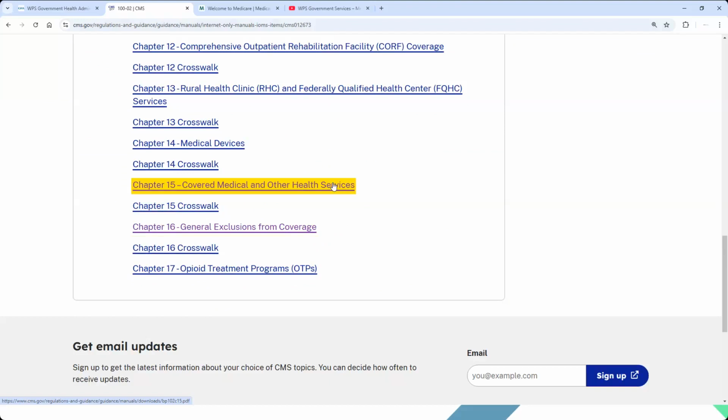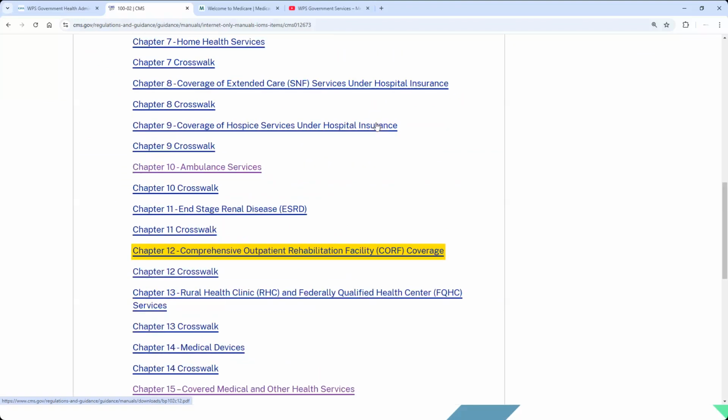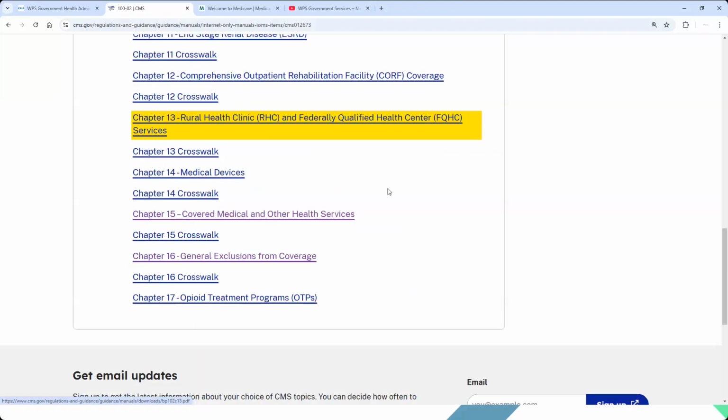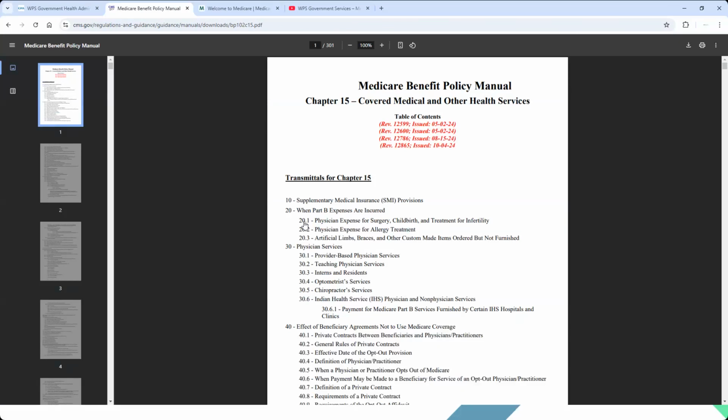Well, if you look up here, we do have the comprehensive outpatient rehab, but there's nothing to talk about private practice physical therapy. In that case, if you're looking for something that's not covered in one of the other ones, default to Chapter 15. This is a large chapter. Now, within this chapter, there are also sections, because that's not confusing, but then within the sections, there are subsections,